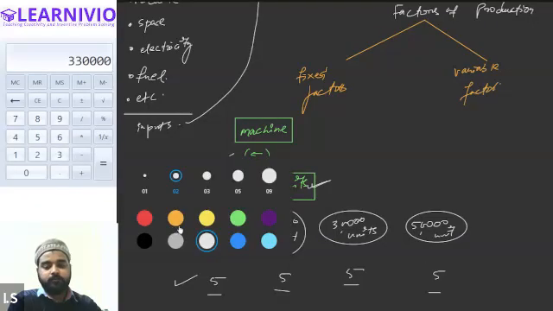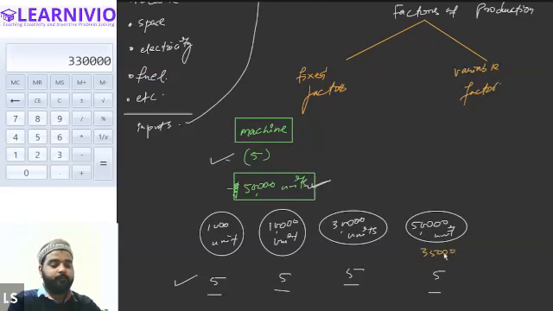Now, similarly, let's say production declines from 50,000 units to 35,000 units, or from 30,000 units to 15,000 units, or from 10,000 to only 4,000 units, or from 1,000 to 500. Still, in that case also, the same machinery will be used. It does not mean that if production declines, we should reduce the machinery. Machinery will remain the same even if production increases or decreases. That means machine is a kind of fixed factor. Is this clear, Alexander? Yes, sir.